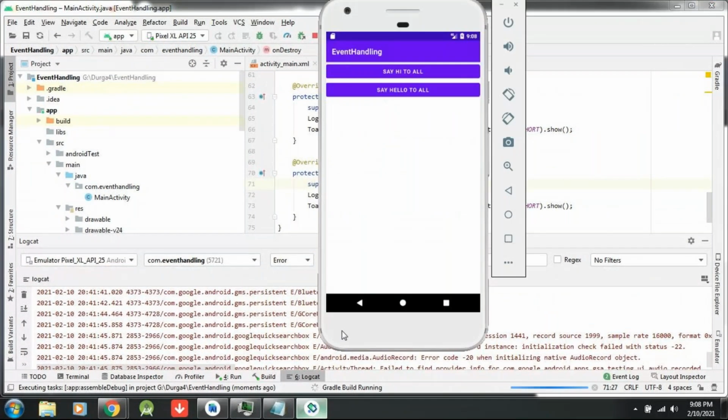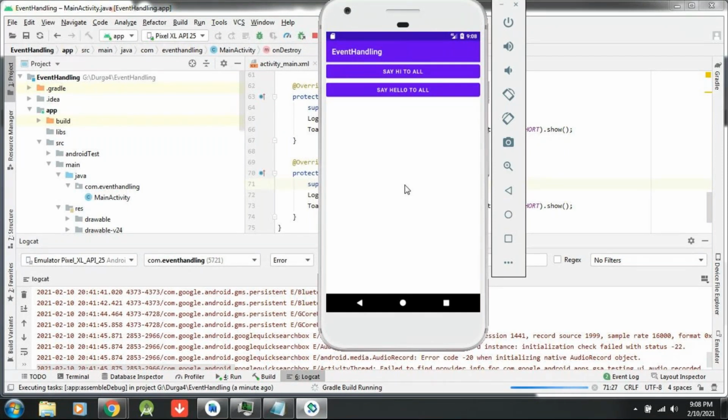When it is launching again, just try to check here on the screen how many toast messages will come directly. Whenever any activity is executed, the first lifecycle methods will execute: first onCreate will get called, onStart, onResume. Three methods. First three methods will execute directly.